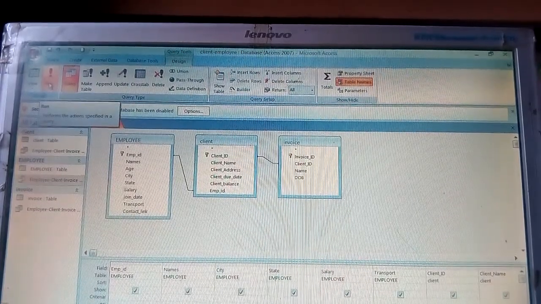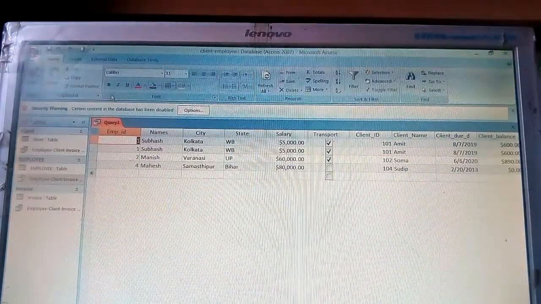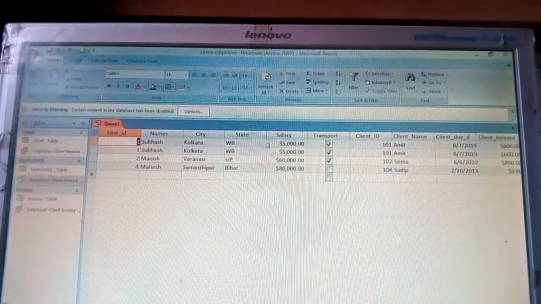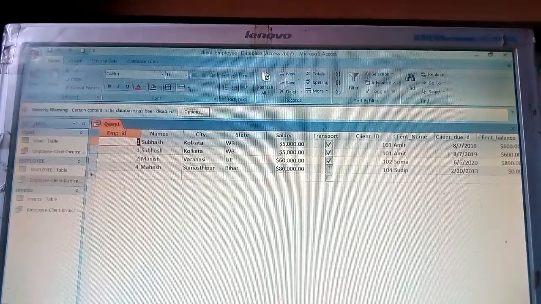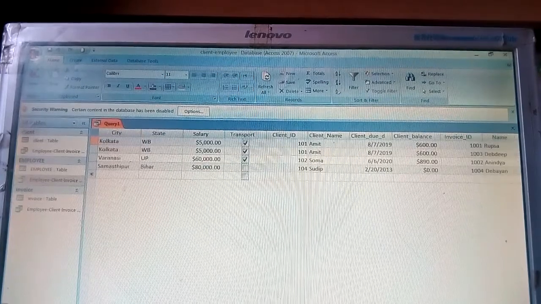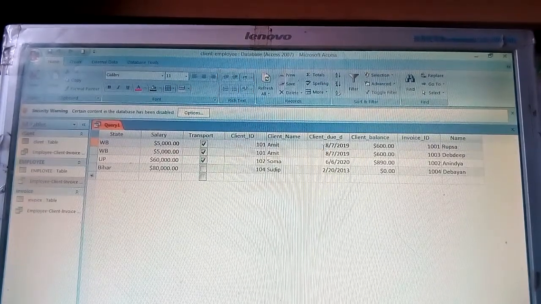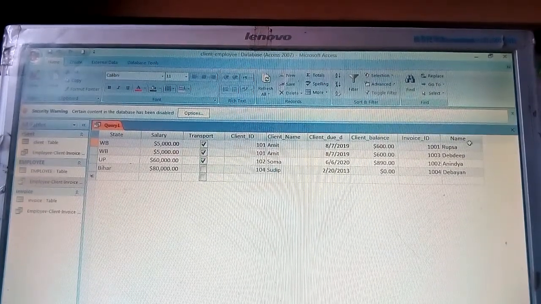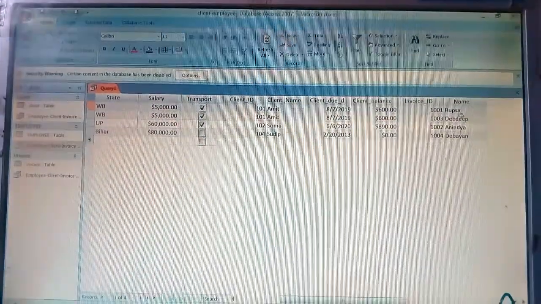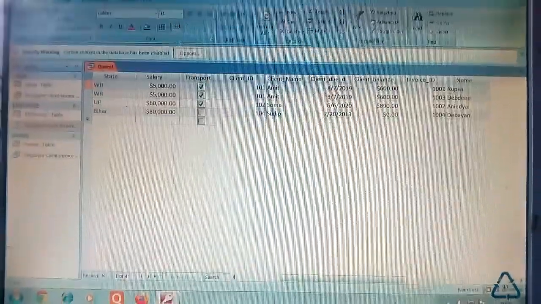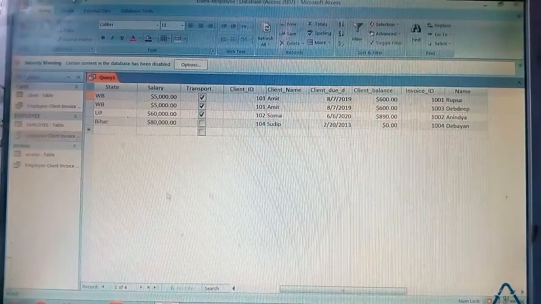Just click on Run, and it will show you employee ID, name, city, state, salary, transport, client ID, client name, client due date, client balance, invoice ID and name. All fields will come here when you click on this Run option.